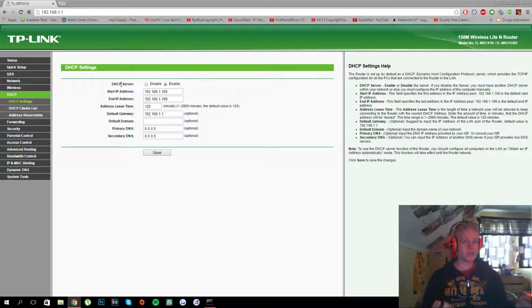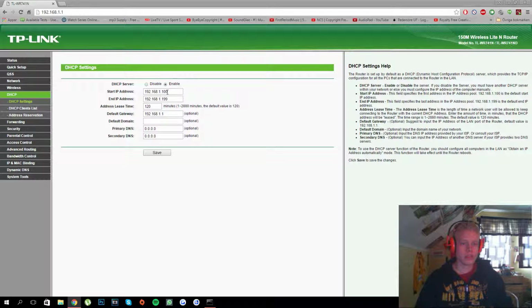It could work if you set up a static IP address and use an IP address from that range. But if you're really unfortunate, someone like your friend comes to your house, connects to your router, and the router assigns him the exact same IP as you have on your static IP address computer, then one of the devices won't work, since you can't have two devices with the same LAN IP. So when you set up your static IP address, you should always use a number which is not in the range shown on the screen, between 100 and 199.